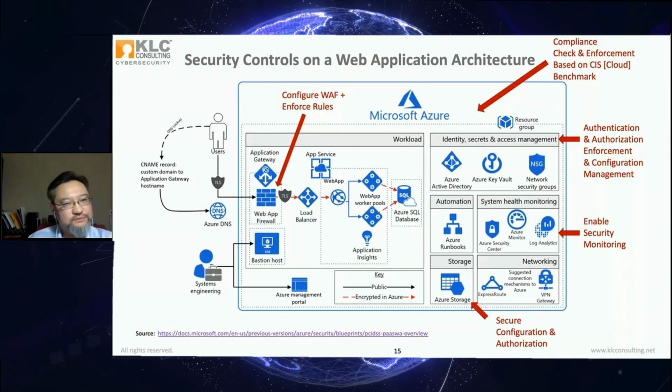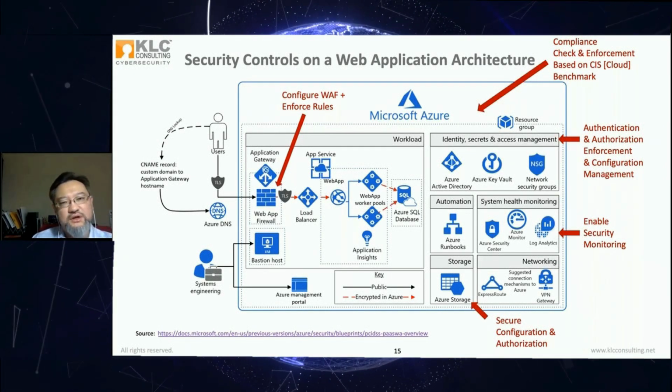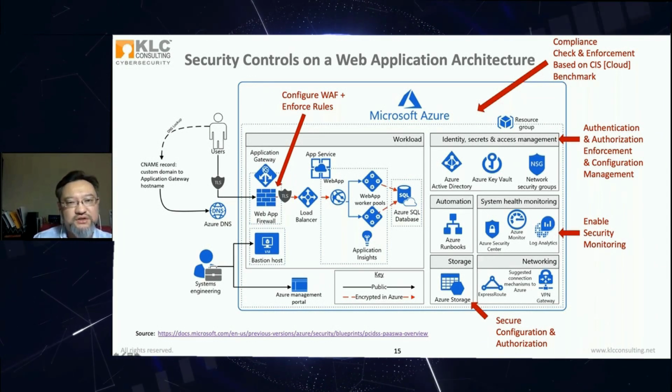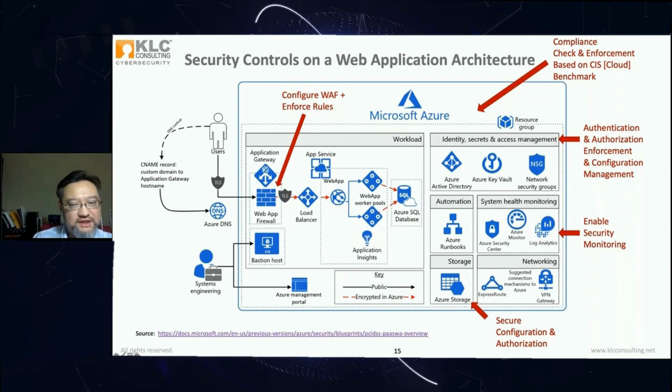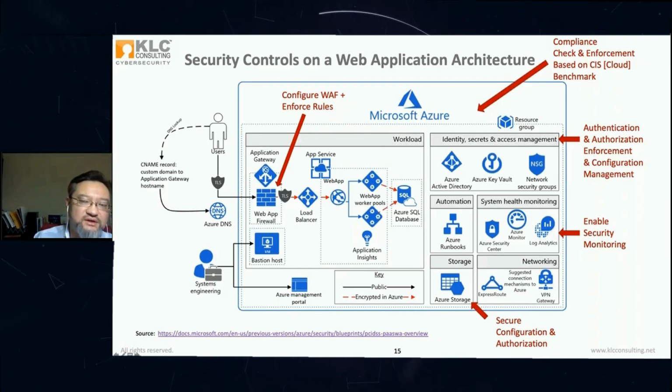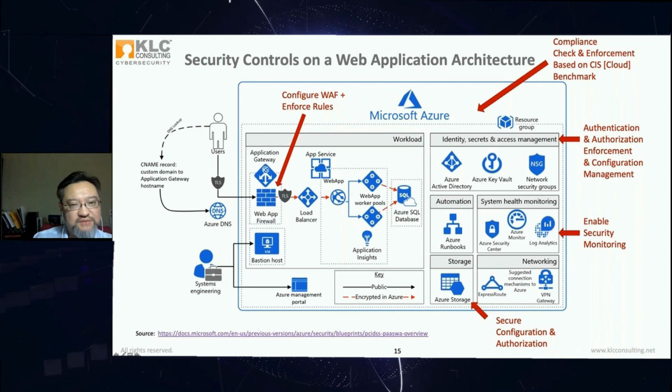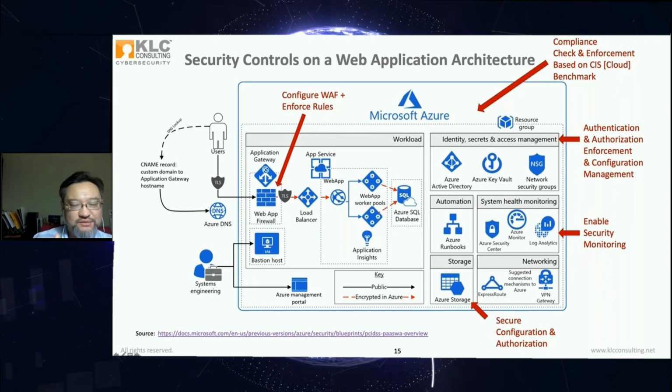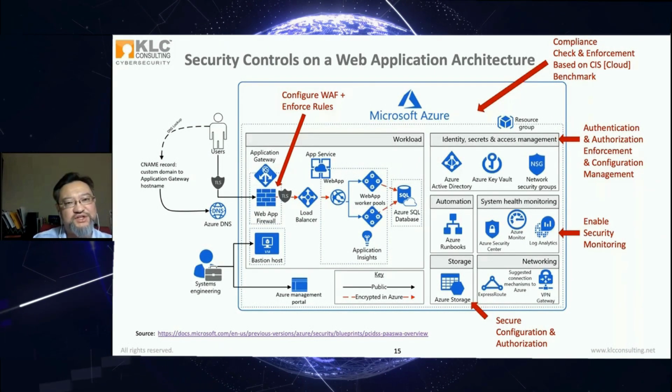So when the user is coming into the application, we really have to make sure there's authentication and authorization in place, and make sure that authentication and authorization are enforced. And whenever you change the authentication authorization mechanism, make sure you follow change management and configuration management. Make sure you document why the change was made so you can always understand how the authentication authorization is done. If there are changes, make sure that you have a script to do it. Don't just go into the environment and change it manually.